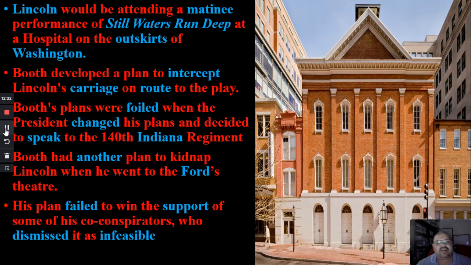Now the conspirators are like, oh man, we lost our chance. So Booth says, no, no, no, I got another plan. Look at this. There's a theater that Lincoln always goes to called Ford's Theater, and that's a picture of it right there. You see it, okay? And he goes, I know where Lincoln's booth is. It's right there. I know this building like the back of my hand. I played there so many times. So what we'll do is I'll sneak in, get him, basically bring him down through the backstage area, and we'll ride off.